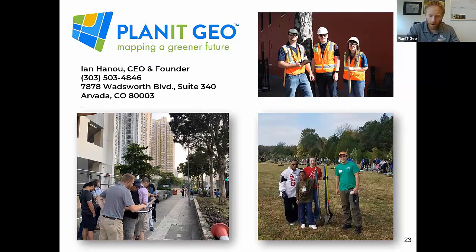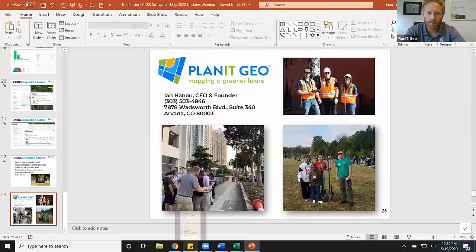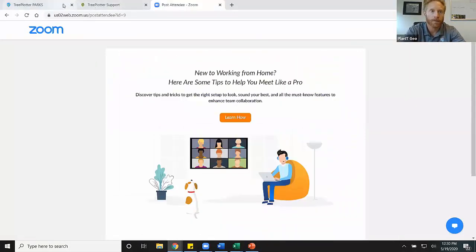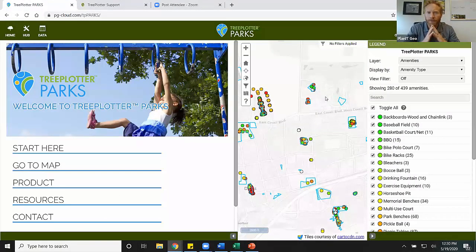So one of the features, in fact, I can kind of minimize this and go into the live demo. One of the features in the application is the ability to set different roles. So let me go ahead, actually, and just do that now. Okay, so one of the things that you're able to do is we have a default set of roles or login levels, if you will, for the system. And you are able to work with our support team to create custom login levels. So we have a volunteer login level, I believe, that's somewhat templated, but with fairly little work, we can create